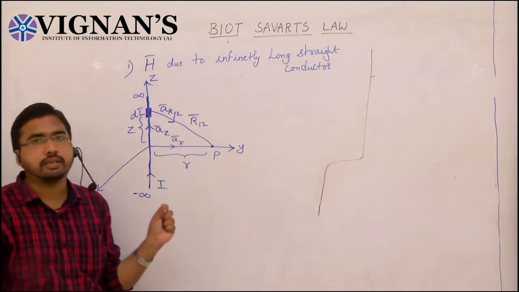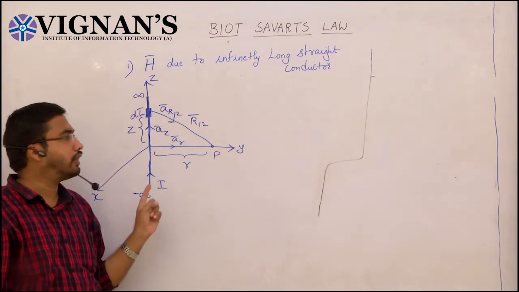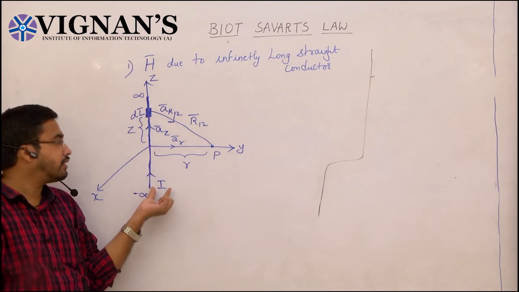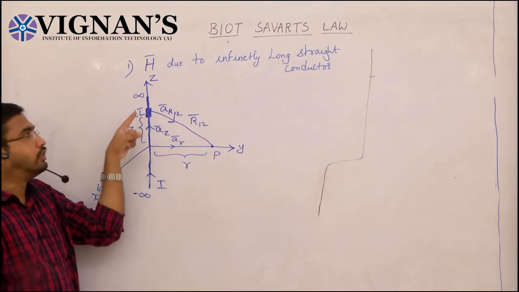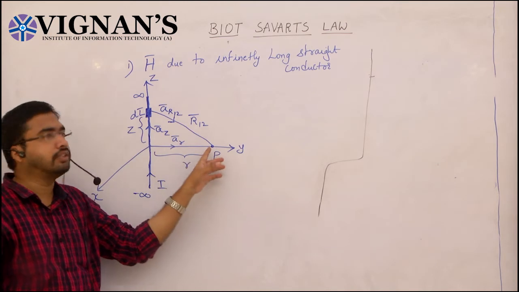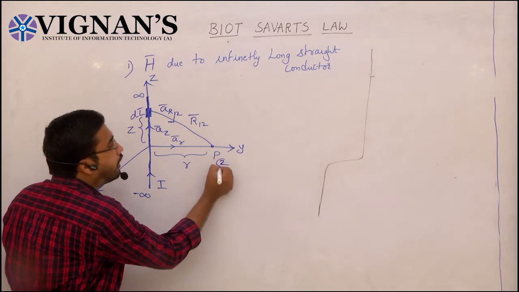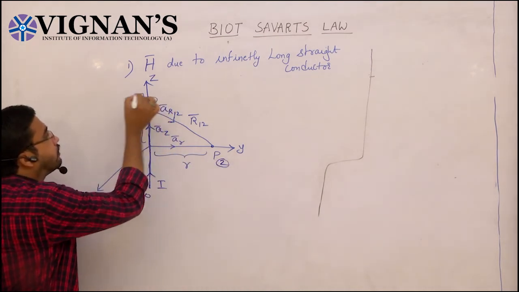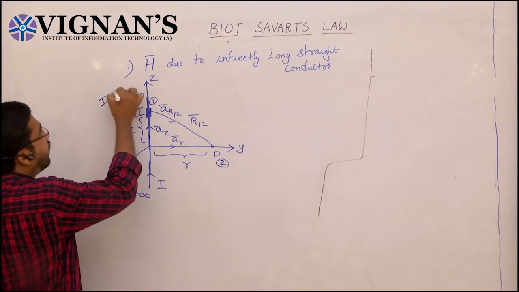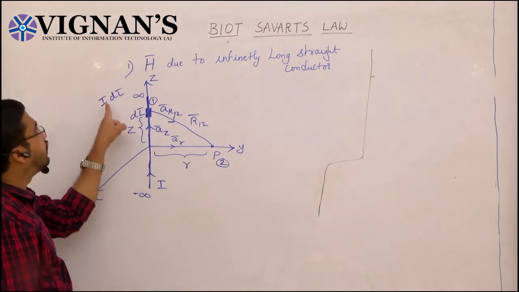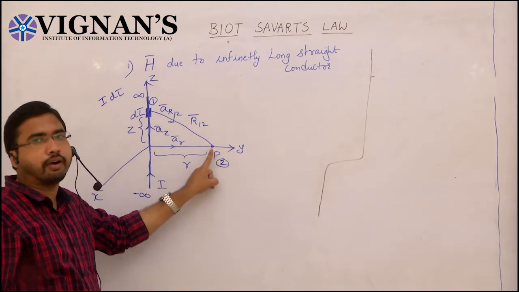So here what are the assumptions that we are taking? We are considering an infinitely long straight current carrying conductor placed on the Z axis which carries a current I. I am considering only a differential length of dl. Due to this dl, I want to find the differential magnetic field intensity dH at this point P. So this is your second point and this is your first point. What is the differential current element here? I dl. This is the differential current element. Due to this differential current element, we will find the differential magnetic field intensity at this point P.